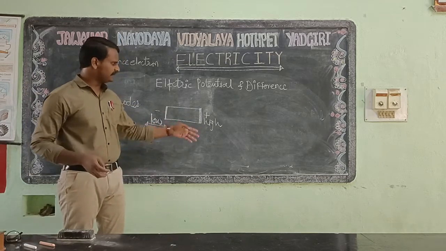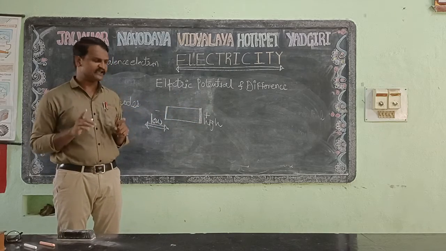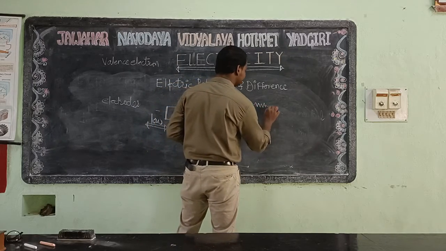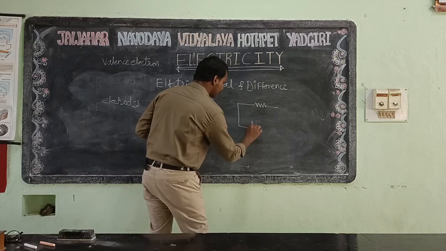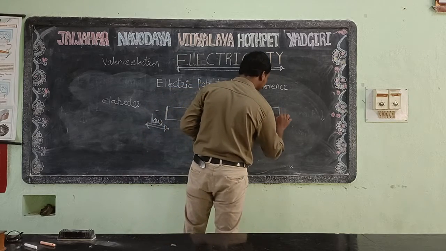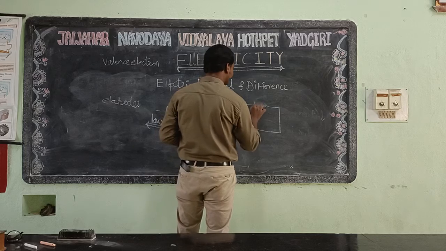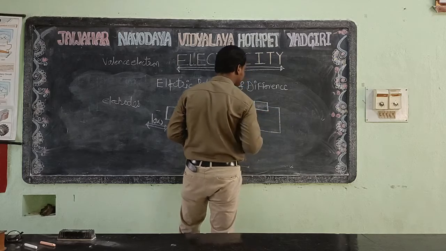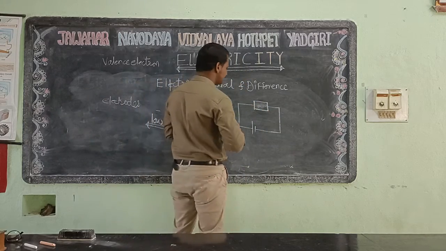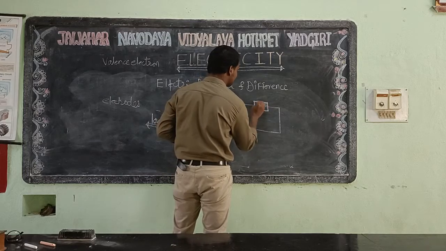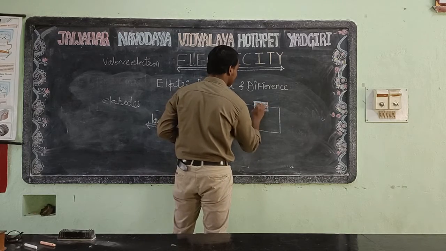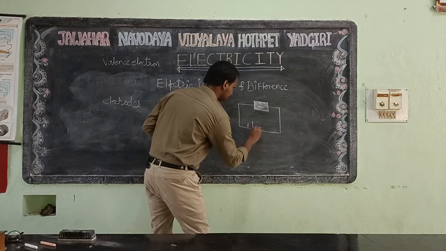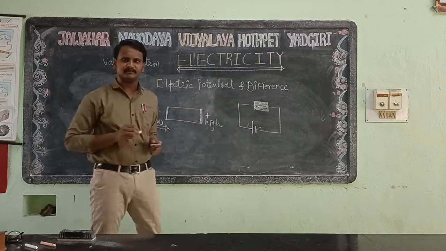Okay, now we are considering a battery with a circuit, and how it will create a potential difference. Just consider I am taking a small circuit. I am taking a resistance and connecting a battery, positive and negative. Just consider it as a wire. This part is only a wire part, and I am taking it as the focus part, as a highly magnified wire. In that case also you can see this is a positive terminal and this is a negative terminal.